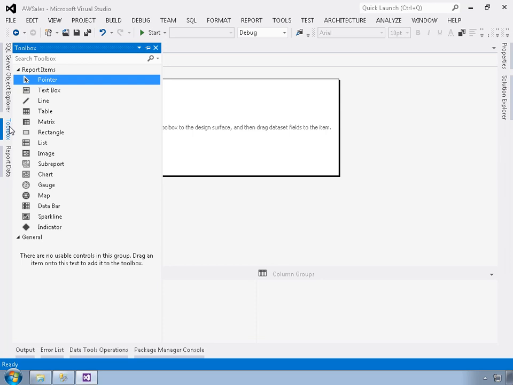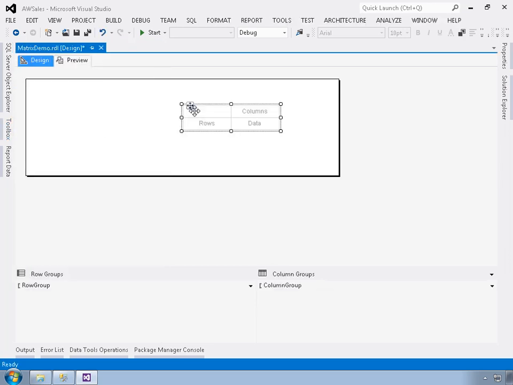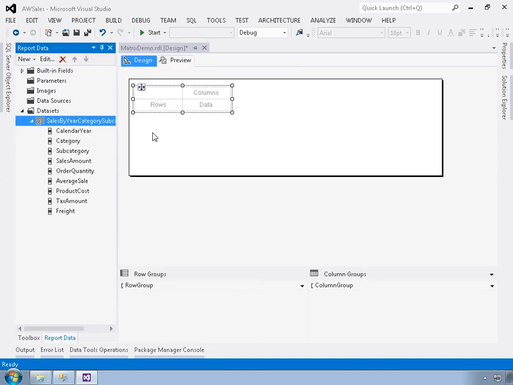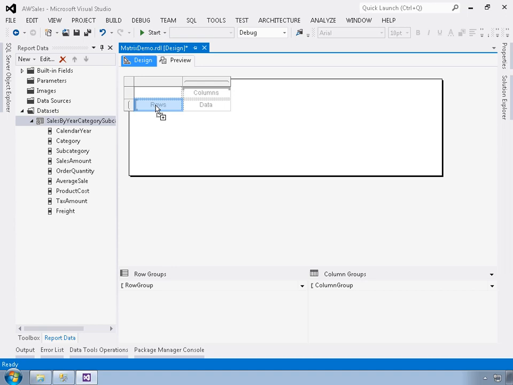Come over here to the toolbox, drag over a matrix, and put it over near the upper left corner. Now I want to add the fields from the data set that are going to define the row and column headers for the data region. Categories is going to be listed on the left for the rows, and the calendar years will define the columns. Okay, so I'll come over here to report data, pin it open, and drag category